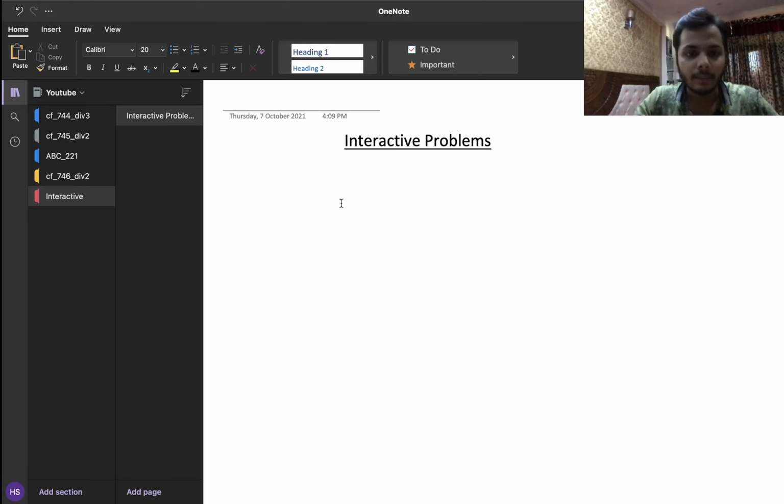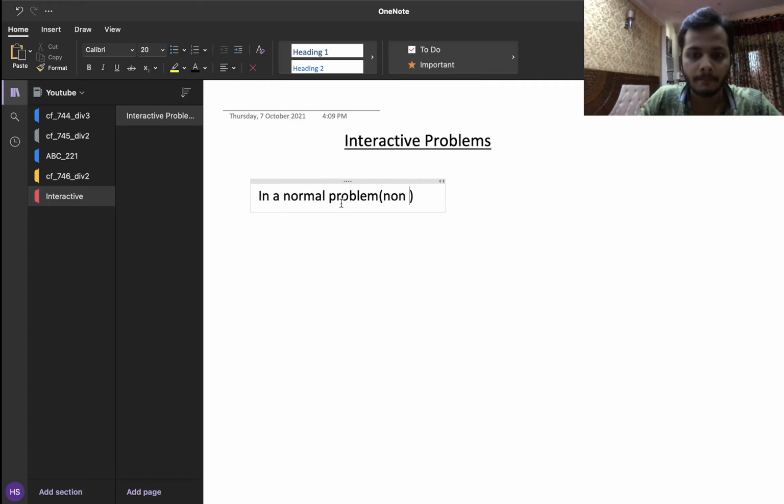So what is an interactive problem? Let's see. In general, on Codeforces or any competitive programming website, while attempting any problem, you are given the size of an input, right? For example, you have been given an array of size n, or maybe a tree with n nodes or something like that. Basically, you need to process that input and somehow come up with an algorithm which is efficient enough and which gives you the right answer to whatever has been asked in the problem, right? So in a normal problem,